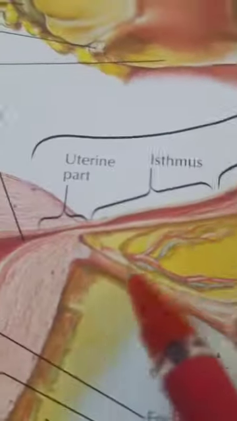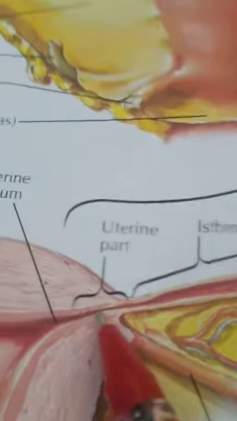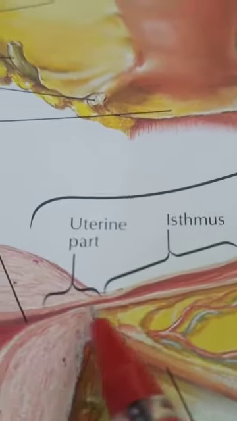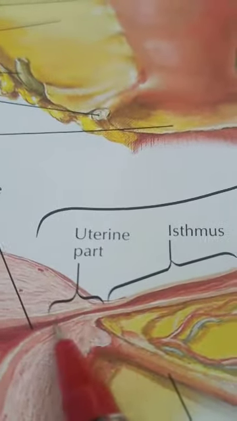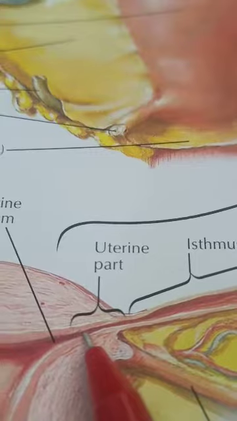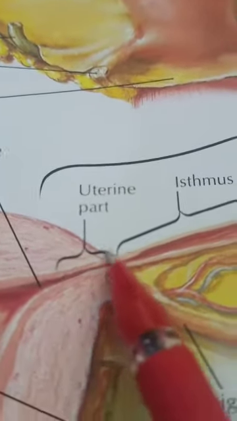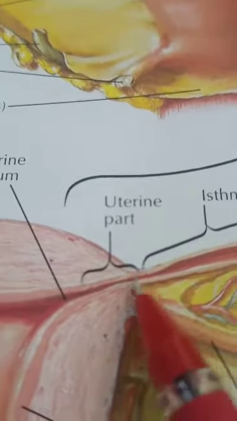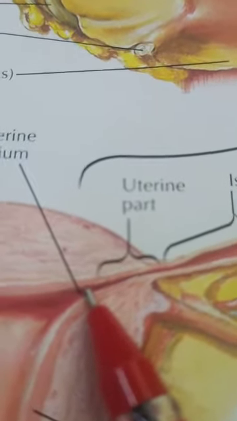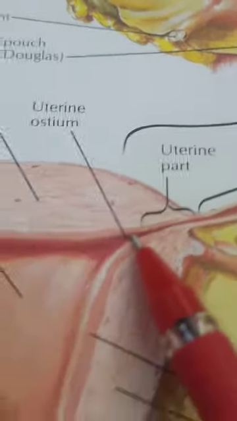Okay. And the fourth part is the intramural part, or interstitial part, or uterine part of the tube. It is only 1 centimeter in length. So that can be seen inside the wall of the uterus. Up to here is actually the wall of the uterus. The part of the tube seen inside the wall of the uterus is known as the intramural part or interstitial part,